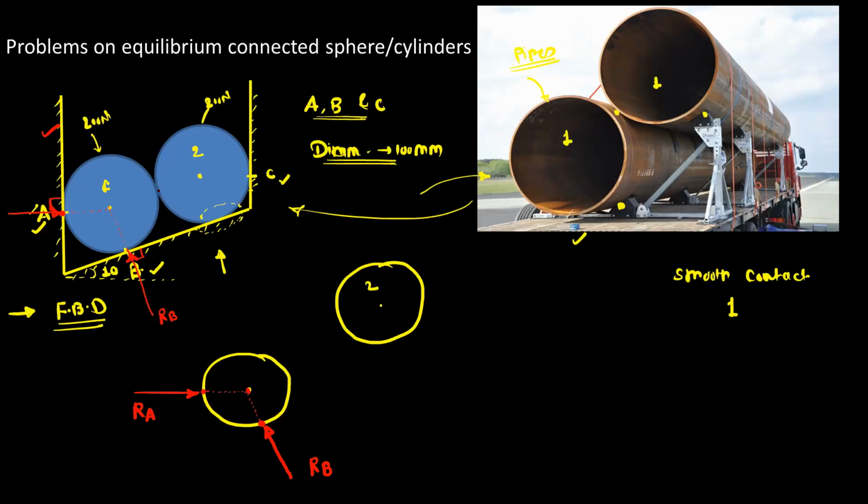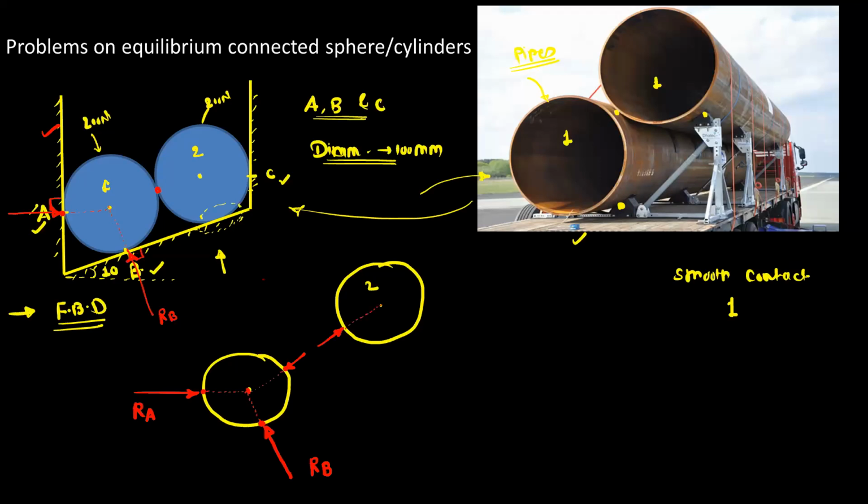Okay, and there is one more contact point. It is a contact between cylinder 1 and cylinder 2. Okay, so when you separate these two cylinders, then we have to show the reaction at this contact point. So basically this reaction is common reaction for cylinder 1 and cylinder 2. Only direction will be opposite. So this is the common reaction. So it is same for the cylinder 2. Both these reactions will pass through the center point.